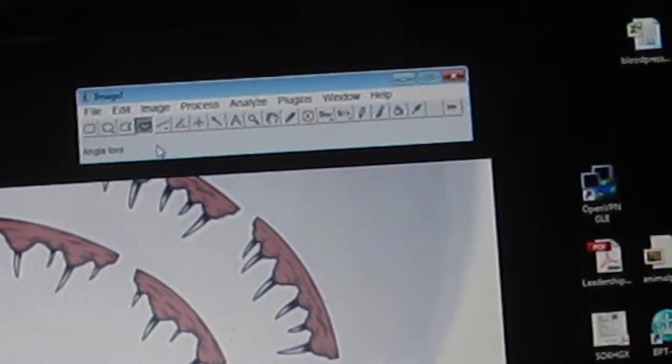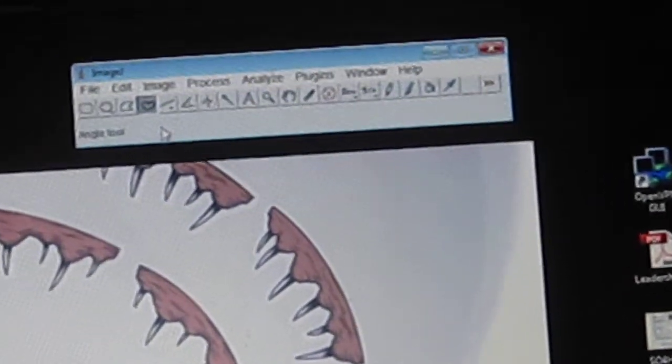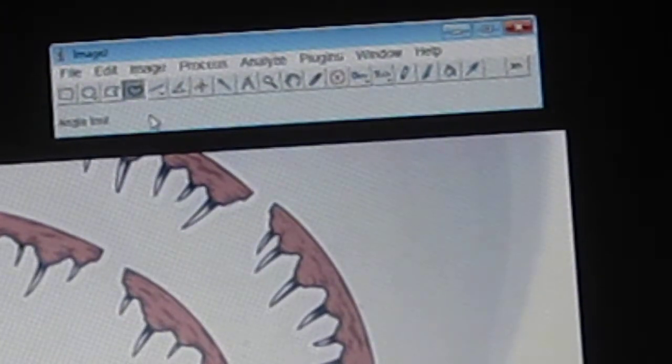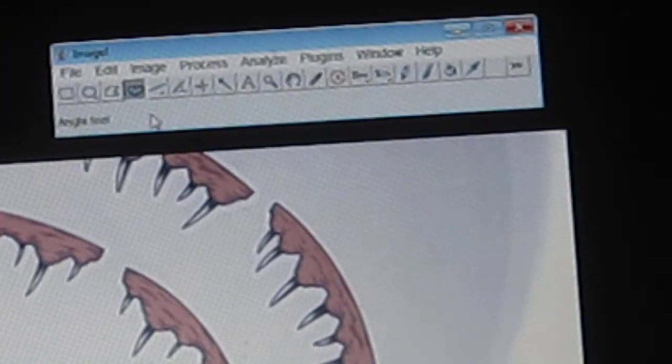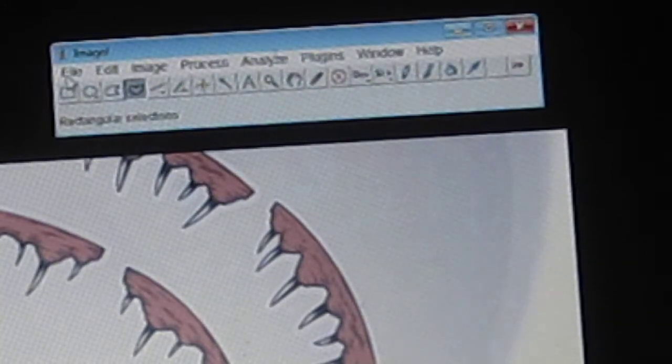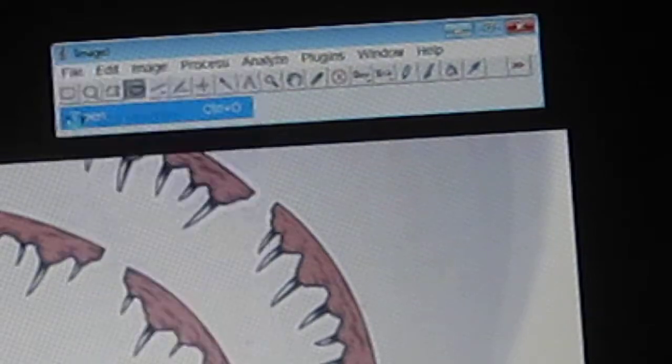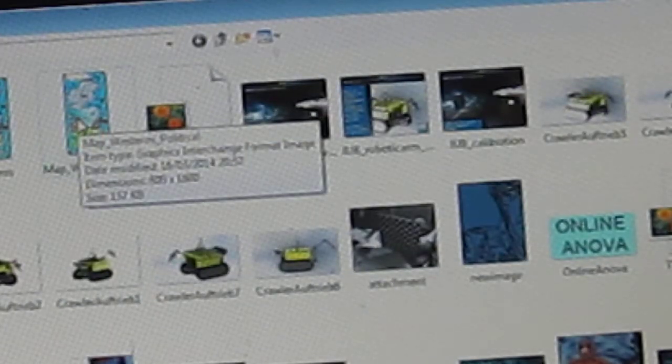Okay, so you can see you've got the various regular things: file, edit, image, things like this. So what we can do is we can open an image. So file, open. So what should we look at? Well,